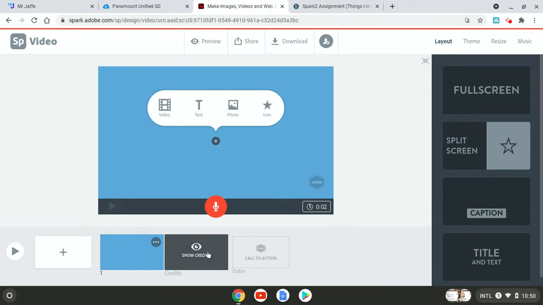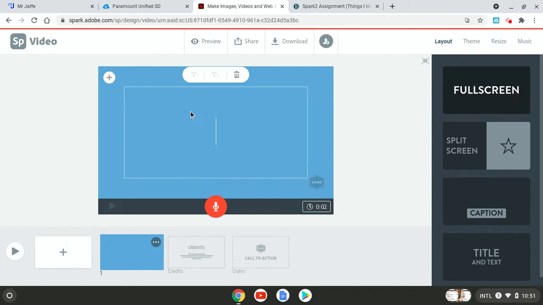All right, so right now we have 1 slide and we can put a video on it, text, photo, or icon. Also up here we have layout, theme, resize, and music. Once I'm done with the video, I'll show you the music link. I'll show you some of these other ones as well. But for the most part, I'm just going to use the default layout and theme. So I'm going to start with text, and I'm going to put things I like